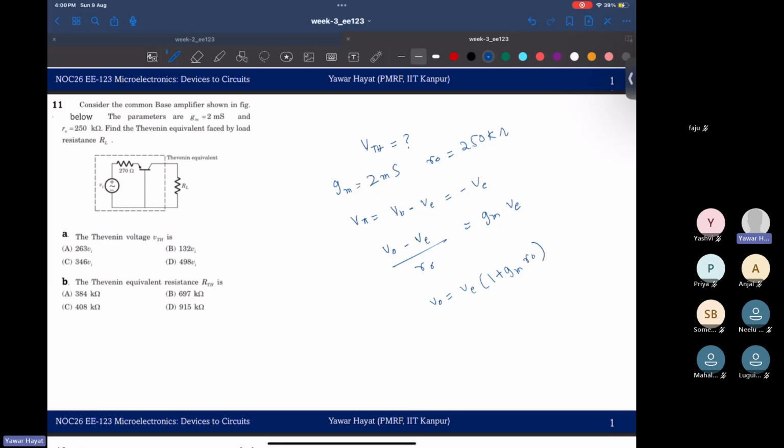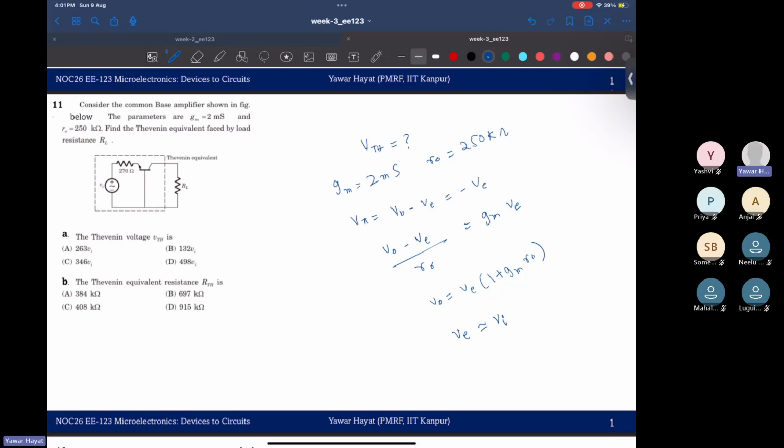That's if you rearrange this one. And since your output is open and your base current effects are anyway neglected, essentially no net current is drawn through this 270 source resistance. So your VE is essentially VI,